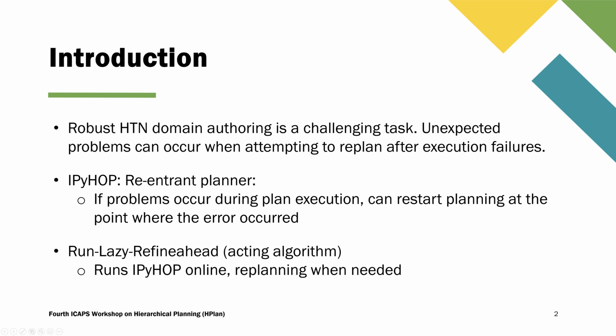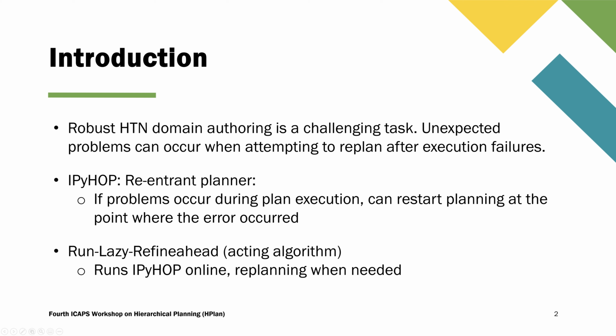A major problem with integrating HTN planning and acting is that unless the HTN methods are very carefully written, unexpected problems can occur when attempting to replan if execution errors or other unexpected conditions occur during acting. To overcome this problem, we present a re-entrant HTN planning algorithm IPyHOP that can be restarted for replanning purposes at the point where an execution error occurred,